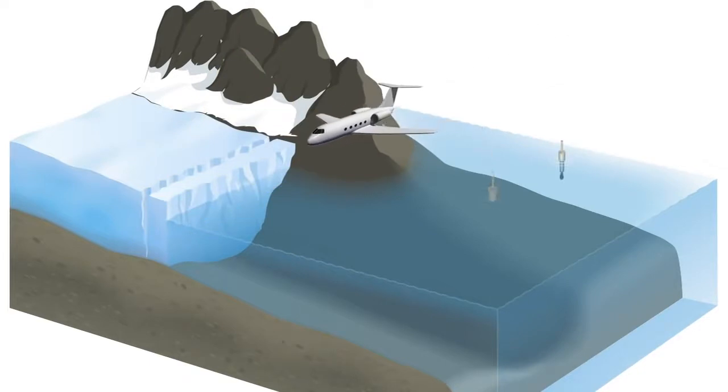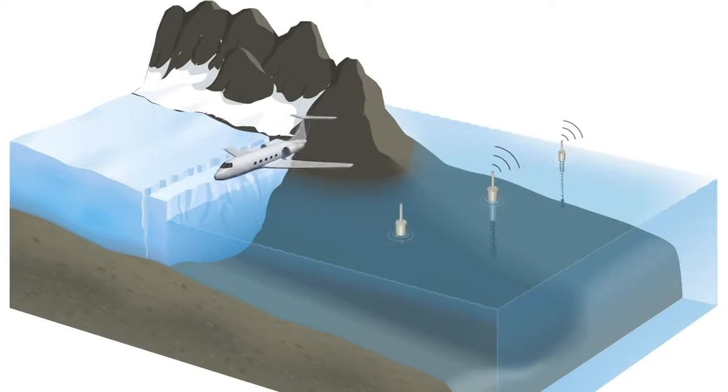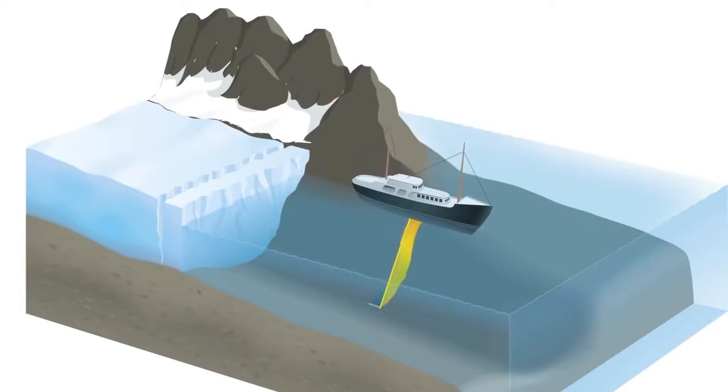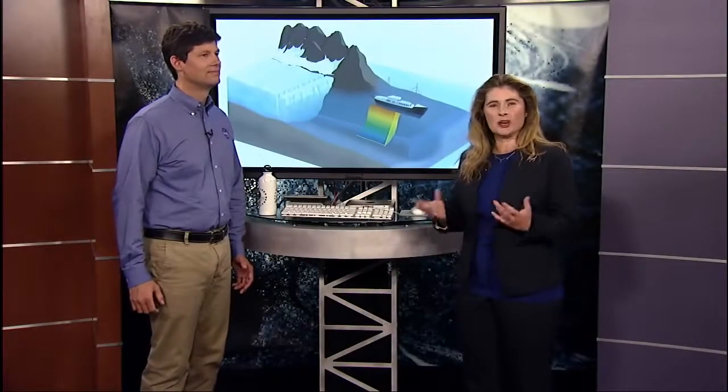So all 4 of these campaigns are part of the Oceans Melting Greenland mission, which started this year. We have the ship in the water right now, and next year we'll be starting to fly the airplanes. A really dramatic interface of the land and the ocean and ice. Can you tell us, is there anything special about the geography of a fjord that affects how the ice and